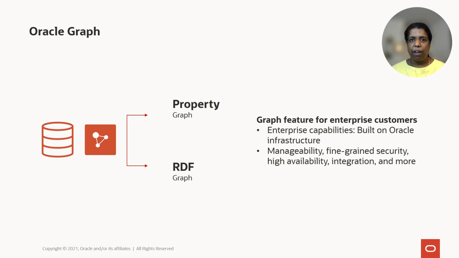And then you have the property graph model, which is a newer graph model, has become very popular these days for doing analytics to get new insights into your data, like which are the most influential vertices? Are there anomalous patterns in my graph? Are there communities in my data? And so on. And both of these graph models are built on the enterprise capabilities of Oracle. So you don't need a specialized graph database, which will have some of the enterprise features and not have some of the other features. You can leverage all of the Oracle database features when you're working with these graph models.